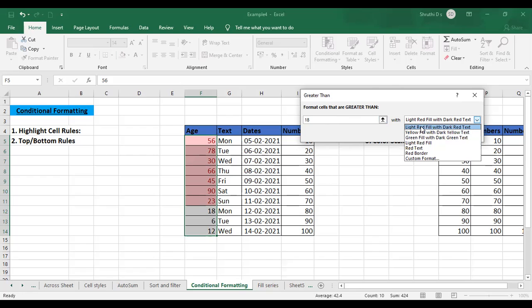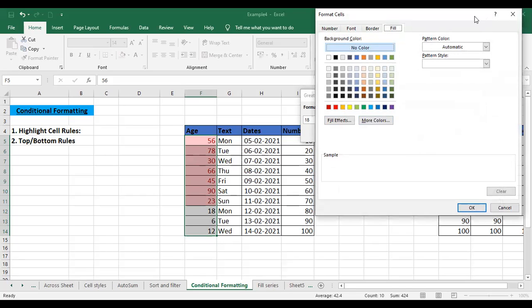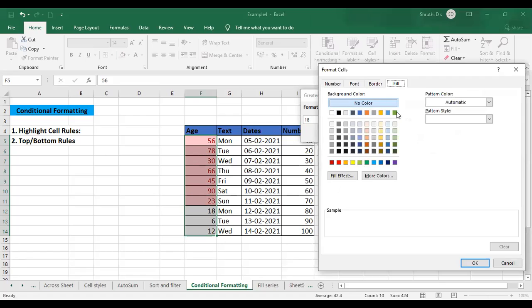Now I have taken light red fill with dark red text, but if you don't want any of these options, just go to custom format, the last option. If you click on that, it will take you to the colors palette. Again here you can choose the cell colors. I'll just go with yellow so that the highlighting will be seen. Just click on that. If you want to change the font color, you can do it.